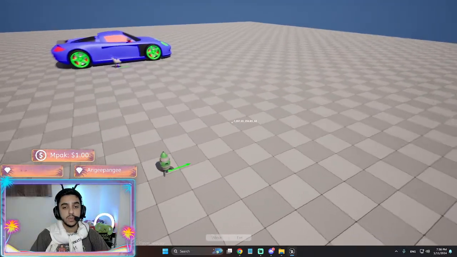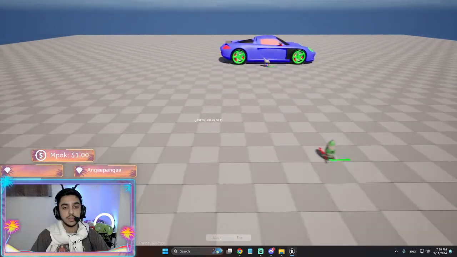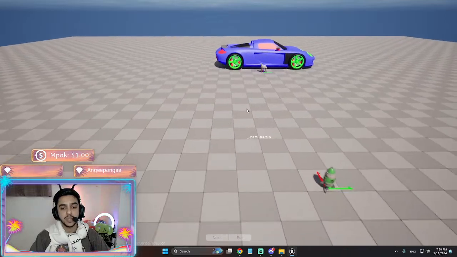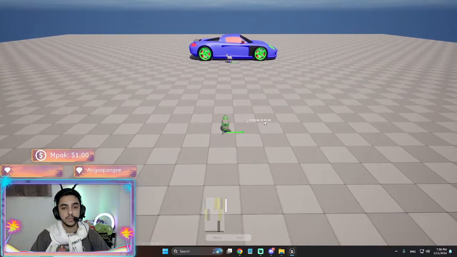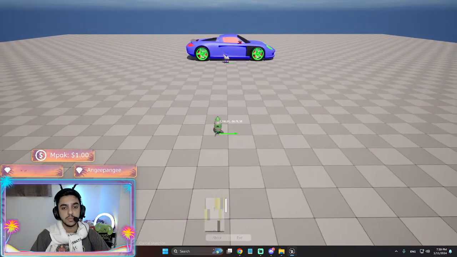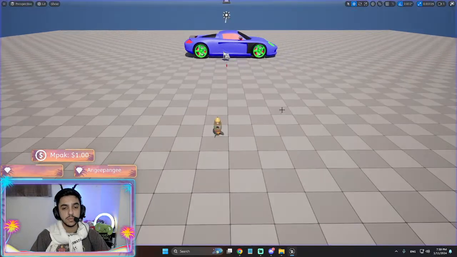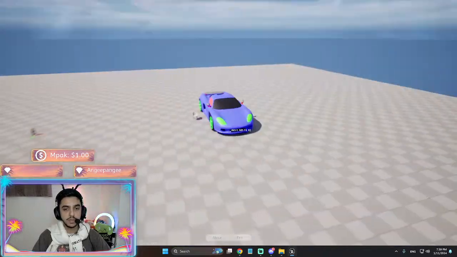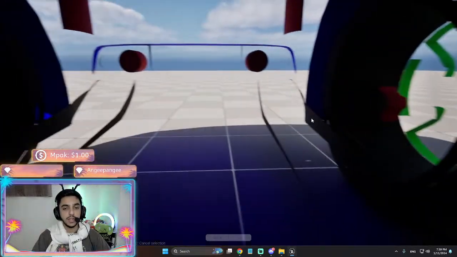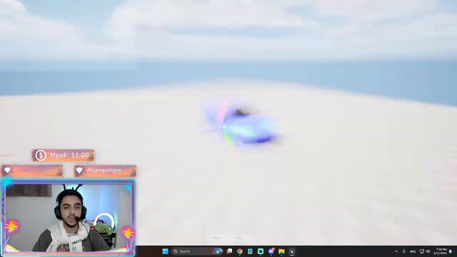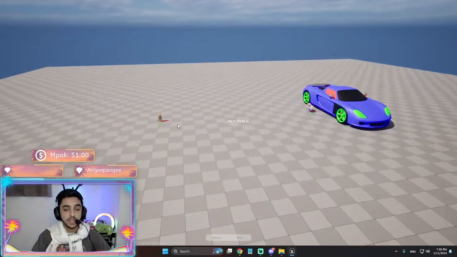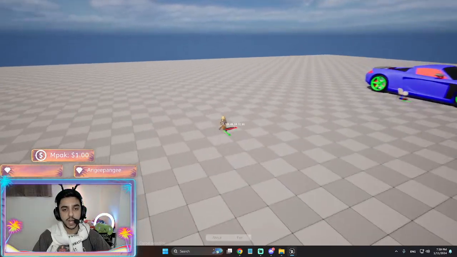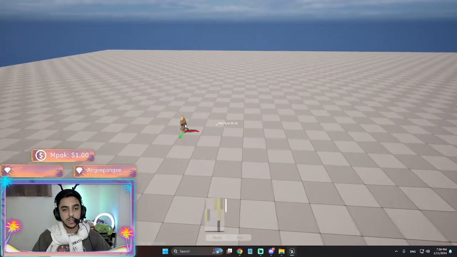So I think that's what I want. Of course, I have a collision enabled on this car, so I have this dot that moves around, and then you can select the objects.